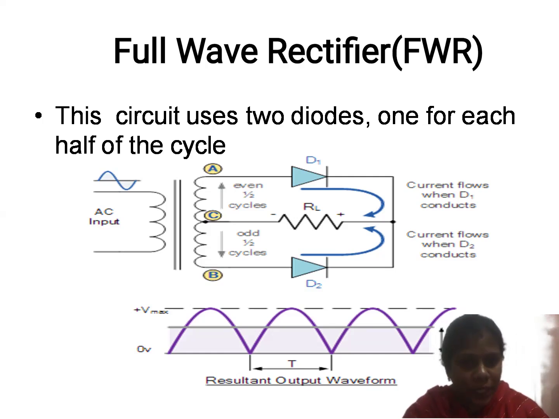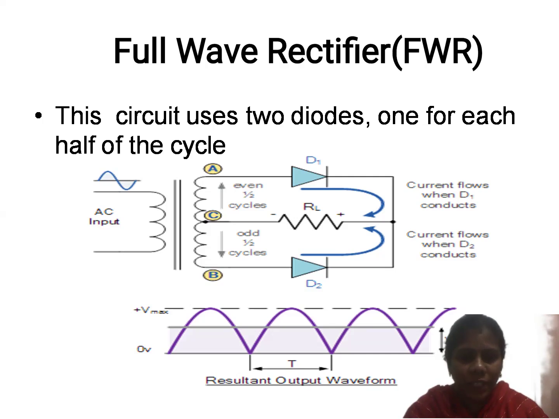And during the negative cycle, D1 is in reverse bias and D2 is in forward bias, which means the output is also flowing from plus to minus only through the RL. During the positive cycle it maintains the same direction, and during the negative cycle it also maintains the same direction, so you can say that the full wave rectifier